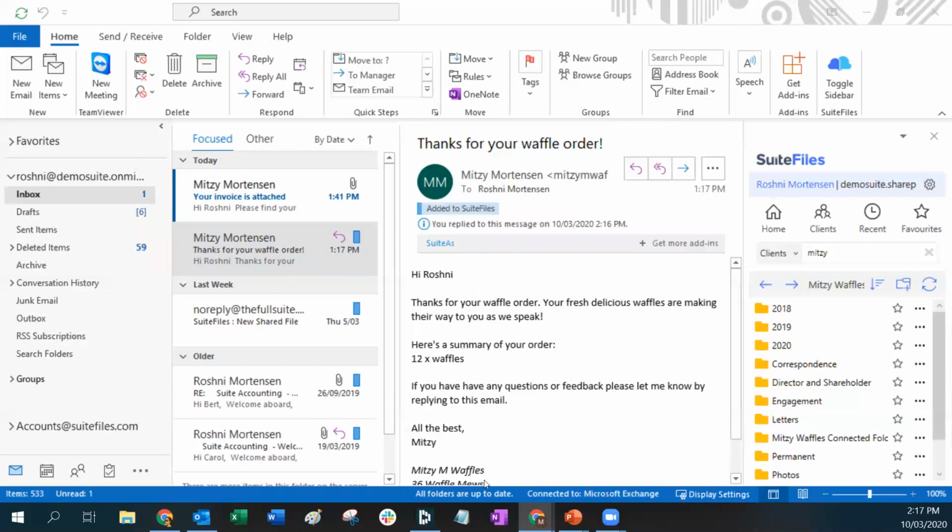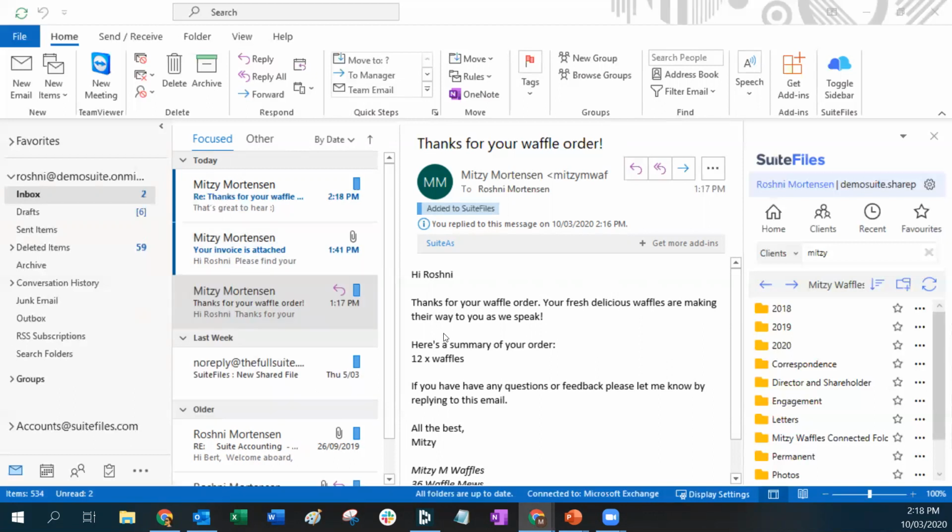And the other thing that this means is that if you are out and about, so say you are replying to emails on the go, if you've set up an autosave rule for an email conversation at your desktop, by using the desktop app here, and then you're out and about, you reply back and forth. When you come back to the office and you open up Outlook, then you'll find that those conversations have been added to SuiteFiles automatically. So it doesn't happen from the app on your cell phone, but it will happen via the desktop app the next time that you load